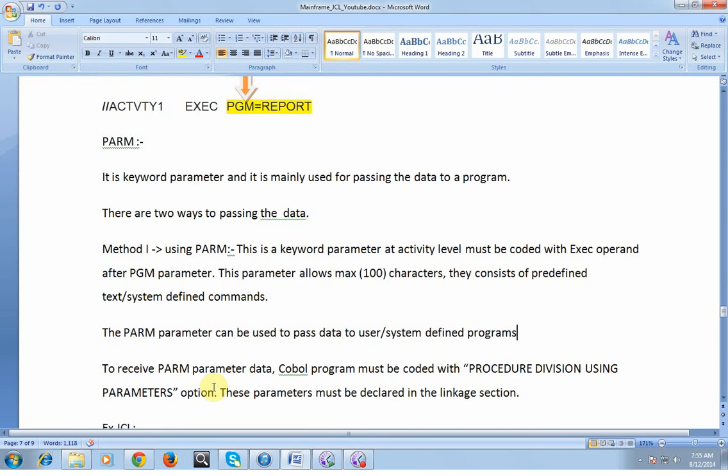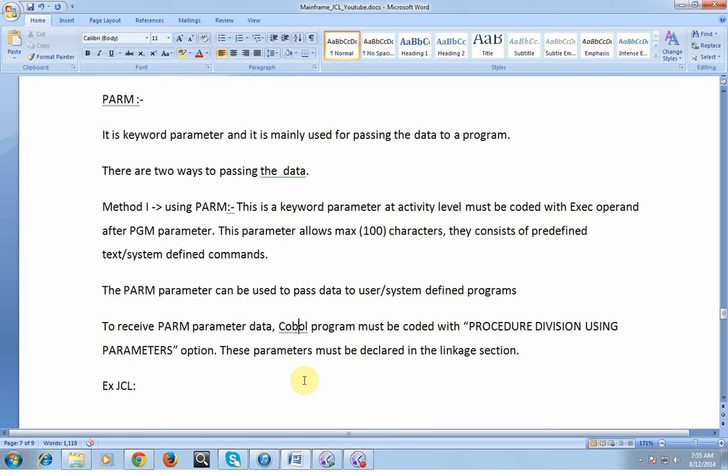To receive PARM parameter data in a COBOL program, it must be coded with the PROCEDURE DIVISION USING parameters option. These parameters must be declared in the linkage section. As we all know, a COBOL program is divided into different sections: environment, working storage section, procedure division, and linkage section.